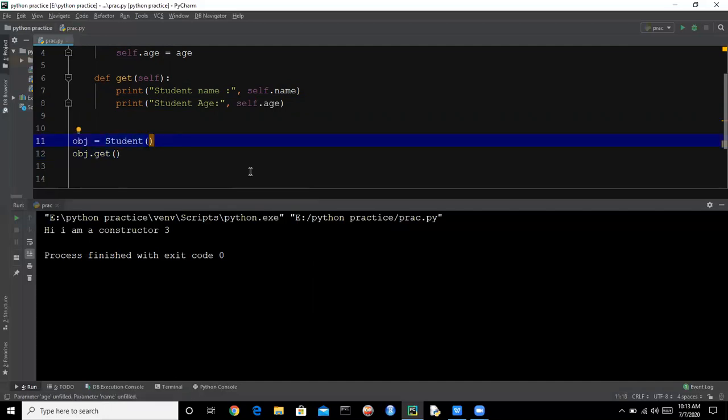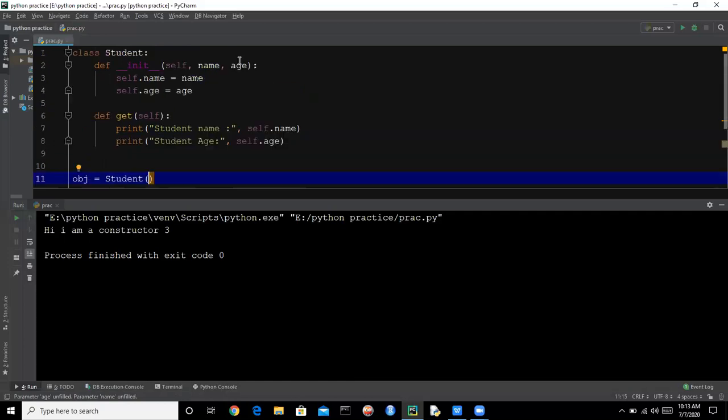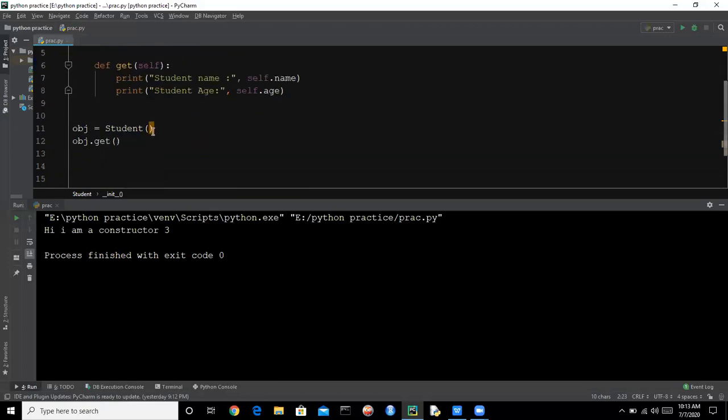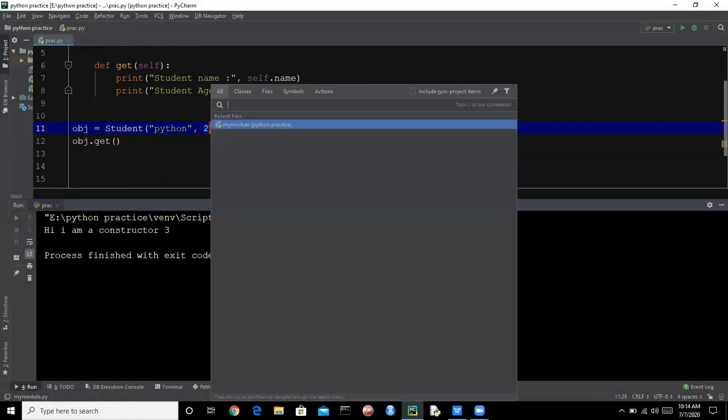As we are having two parameters here in the init function, we need to pass two arguments in the student class: the name will be Python, and for age we have 20.